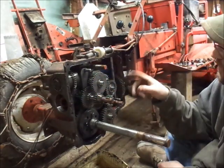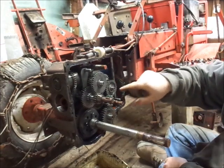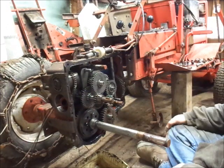Like I said, I'm going to do a little bit of cleanup work here. I'm going to pull the snap rings off and the front cover. I'll have everything sitting here, and I'll be waiting on you guys to get back from